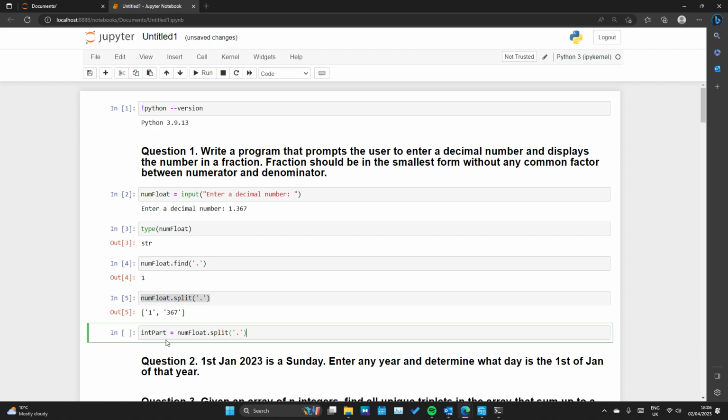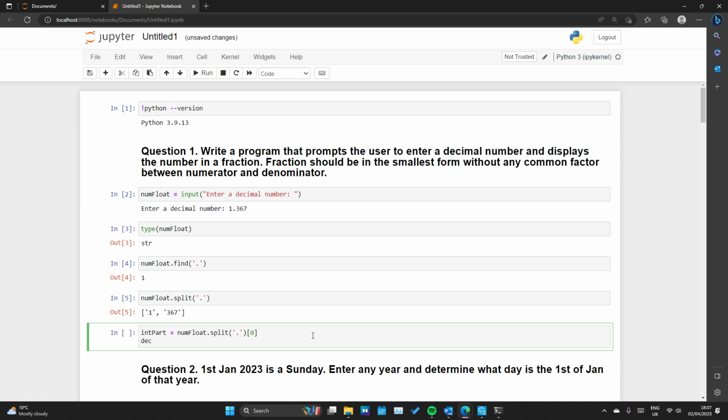So I have int part, num float dot split, and the first part is 0, so I'm going to save that there, and I will save the decimal part in another variable, and I will call it dec part is equal to, and then let's say we call this